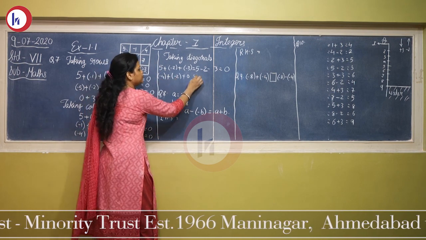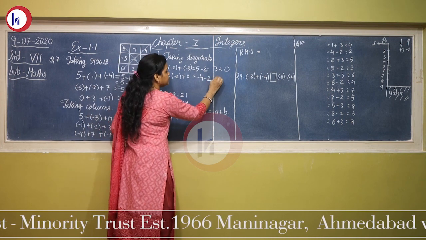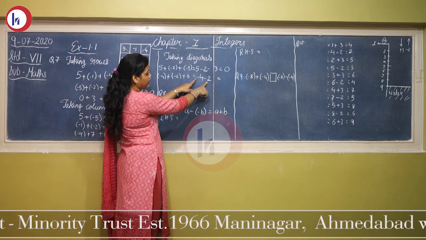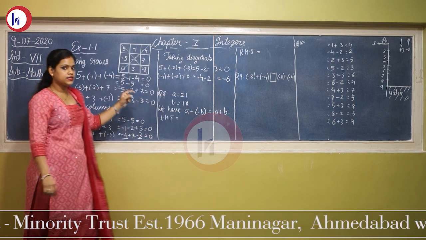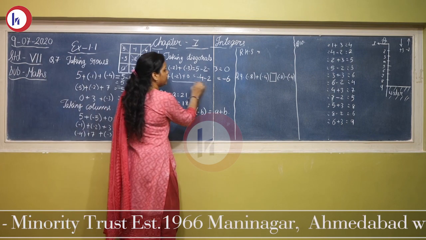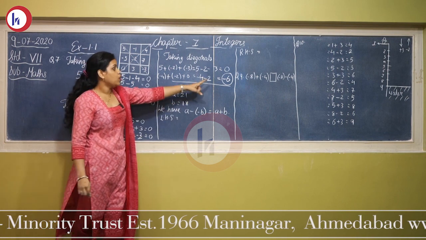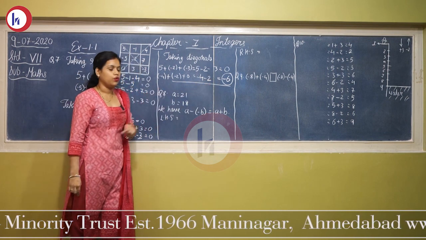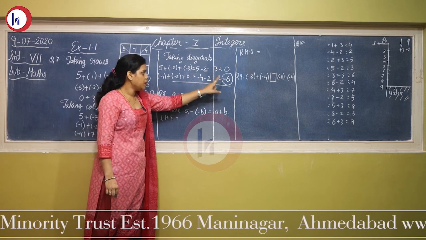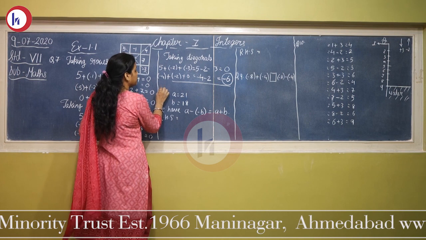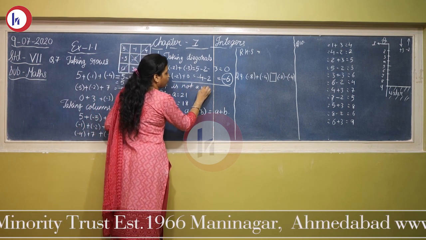Last part, minus 4 plus multiply by minus 2 will be minus 2 and 0 is there. So minus 4 and minus 2 is going to give you minus 6. So as you can see in the last diagonal we are not getting the answer 0. So is it a magic box? No, because in one diagonal you are not getting 0. All the others you are getting. If here also 0 had come then it was a magic box. But here 0 is not coming, so you will write it down. It is not a magic box.